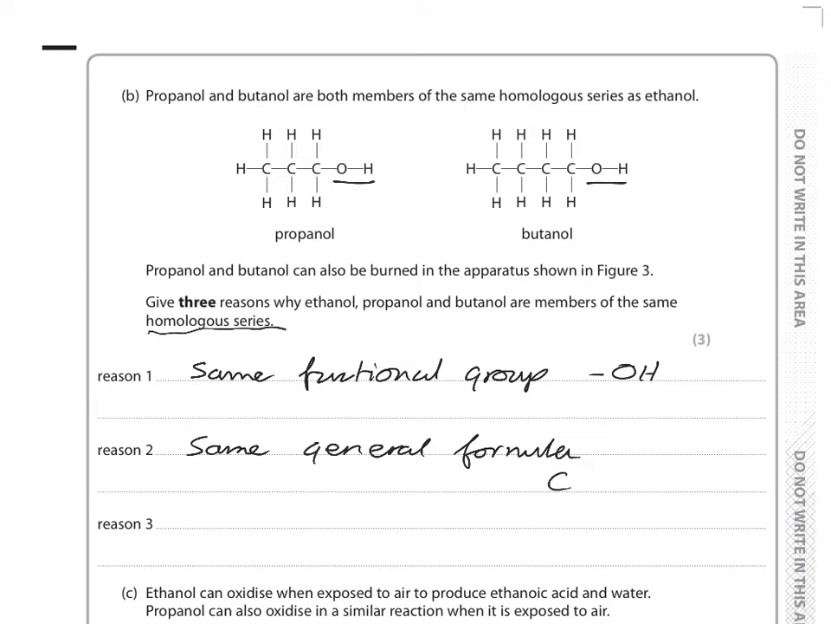for alcohols, they are CnH2n plus 1 and then an OH. Now you don't need to have that, but I've just put that in, as long as you had the same general formula. And then you can say something about their reactivity. They will react differently, but they have a similar reactivity. So they show a trend in their reactivity. So I think you've got to say they have a similar